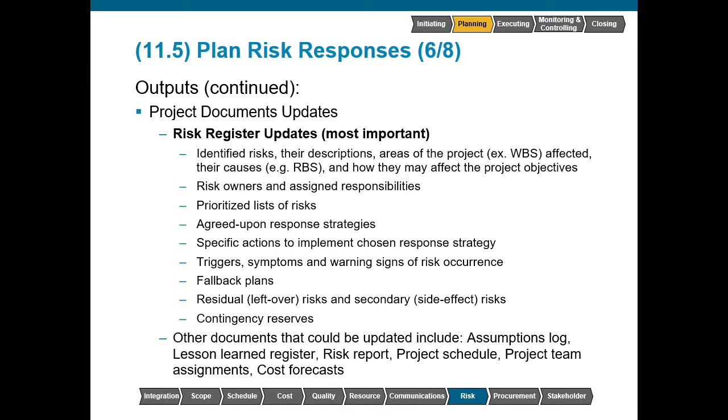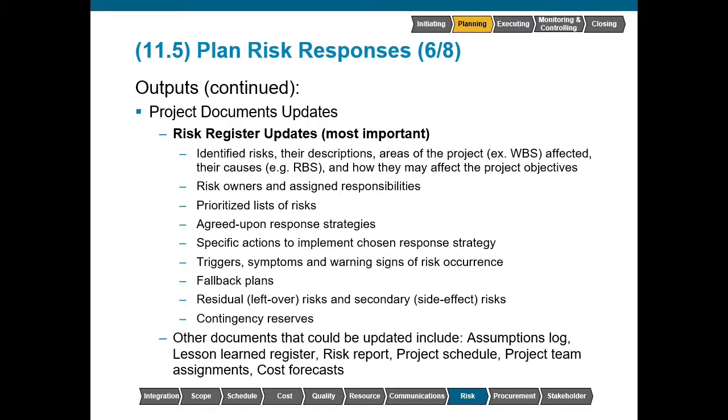Any triggers, symptoms, or warning signs of risk occurrence should be documented as well for the risk owner's benefit. Fallback plans should be prepared in case the contingency plans prove to be ineffective. Any residual or leftover risk and secondary side effect risk should be documented as well. And finally, our contingency reserves. We need to ensure that an appropriate amount of funding is set aside and included as part of the cost